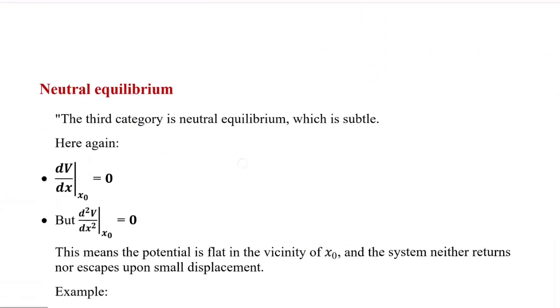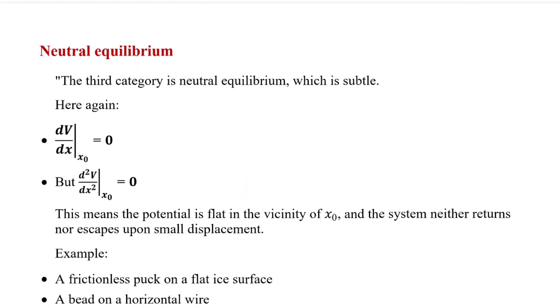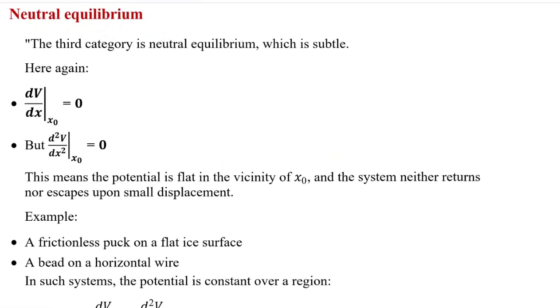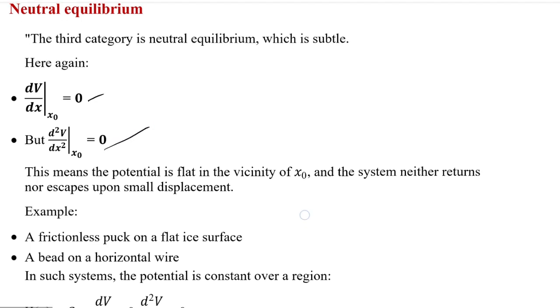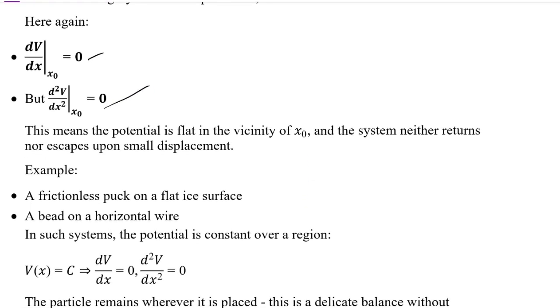So the last important one is neutral equilibrium. In this case, dV by dx is equal to 0, and also the double derivative of potential, that is d squared V by dx squared at x naught, is also 0. This means the potential is flat in the vicinity of x naught, and the system neither returns nor escapes